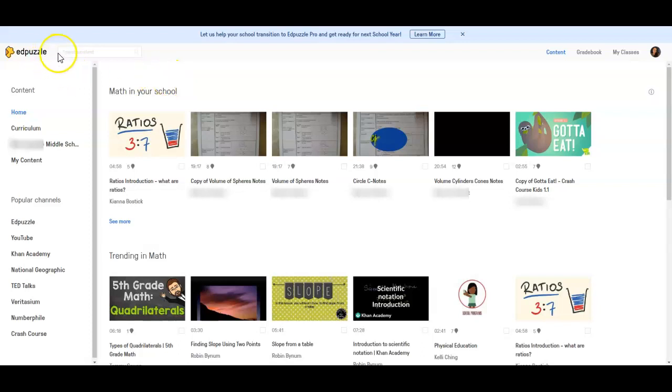So today we're going to go ahead and talk about Edpuzzle. If you don't have an Edpuzzle account, it's free to create one. You can just sign in with your Google account and you'll be good to go. It's very simple and easy. Mine is connected up to my school, so I can actually see what other people in my school are posting